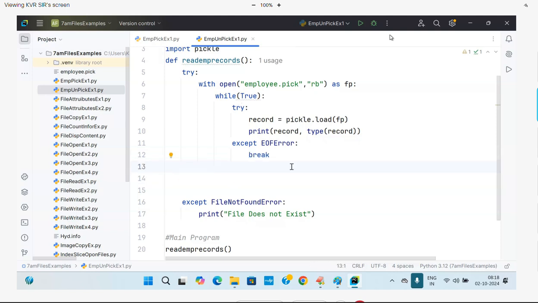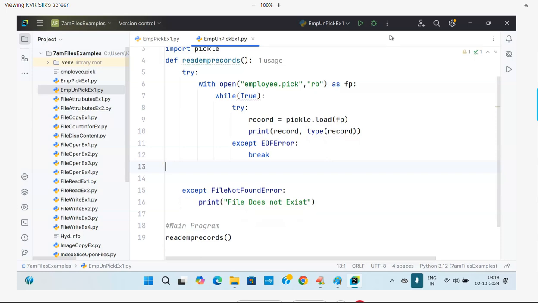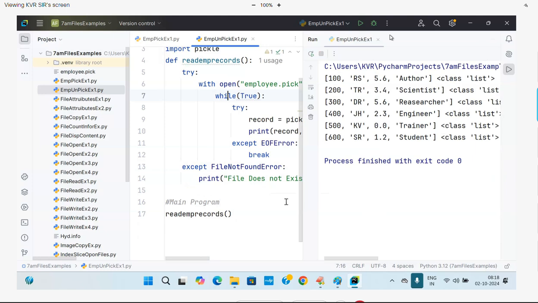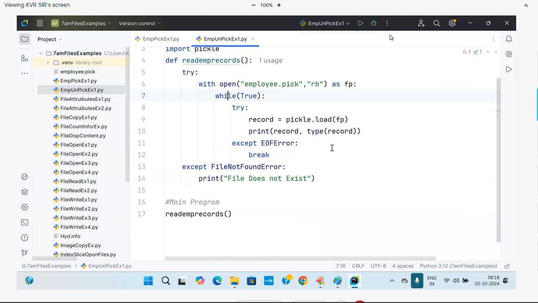Break means it is coming out of the loop also. Beautiful example. So run this code. Now here I'm going to say, am I getting all the records or not? If you want to print them systematically,